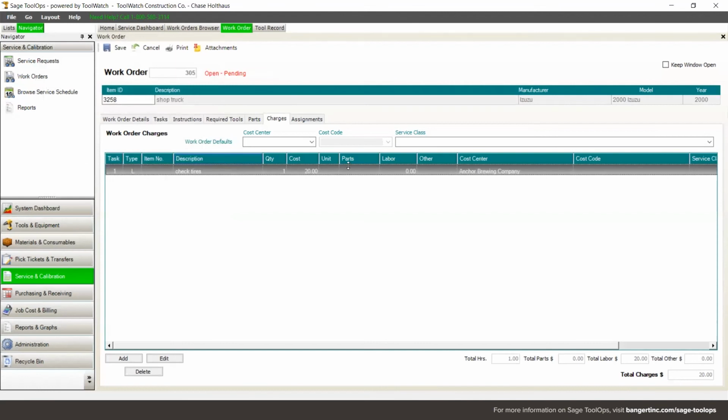You'll see the cost will be added, what their cost code is going to be, as well as you can see down here the total hours it's taken to do this vehicle inspection. So I can see that took an hour. The total charges right now is $20. It'll give me the total charge for your warehouse guys being able to do this inspection.